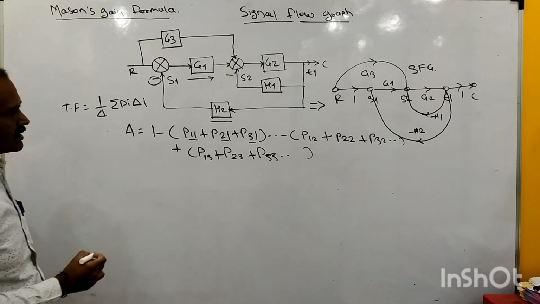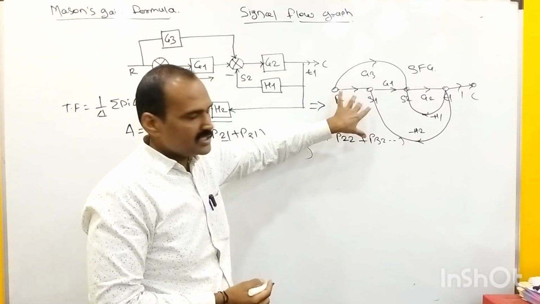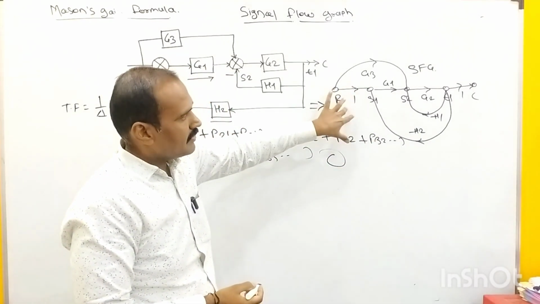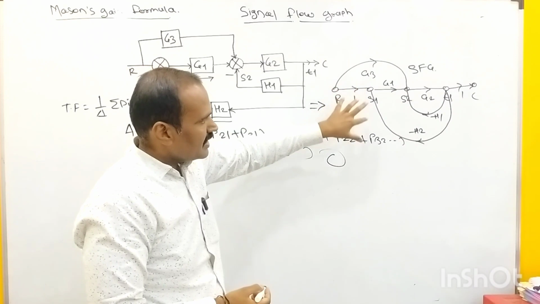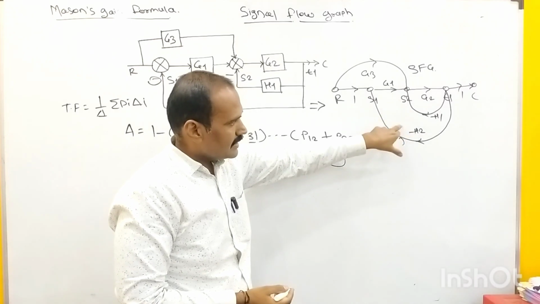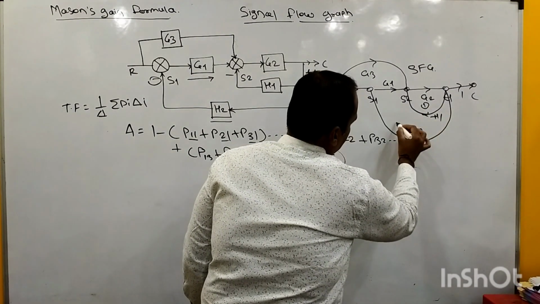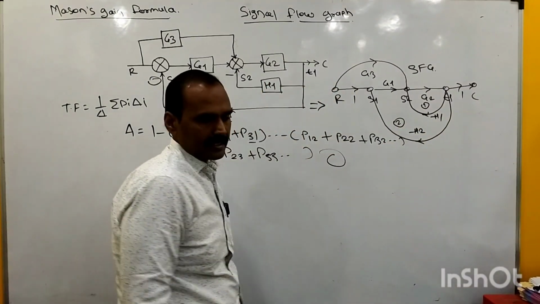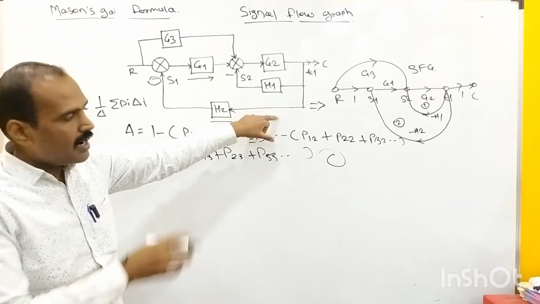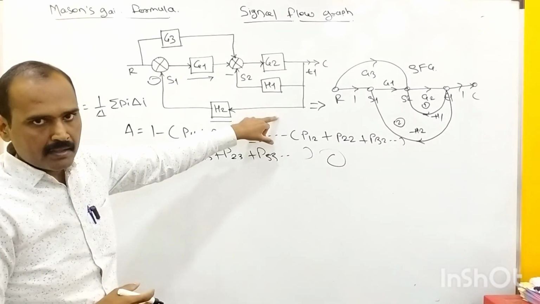So in order to determine its transfer function, first of all we need to observe here how many loops we are having. As we are very much aware of this thing, loop is nothing but what? It is the closed circulating path, right? So in this signal flow graph representation, how many feedback signals are we having here? We are having two feedback signals, H1 and H2, right? So obviously the innermost will be the first loop, and the outermost feedback can be treated as a second loop, which is present in this signal flow graph representation. Apart from these two loops, we don't have any further loop which is present in this signal flow graph representation,